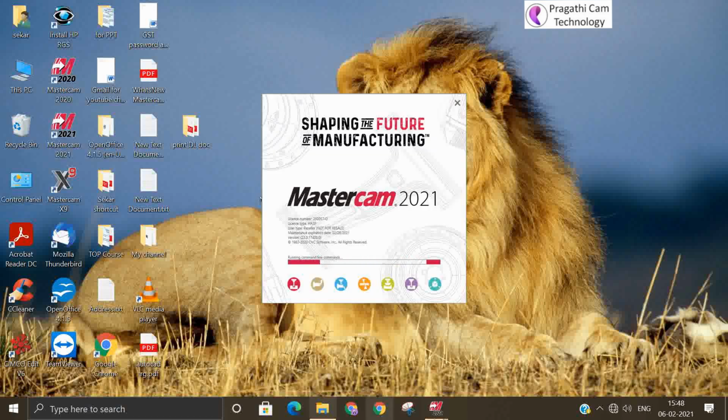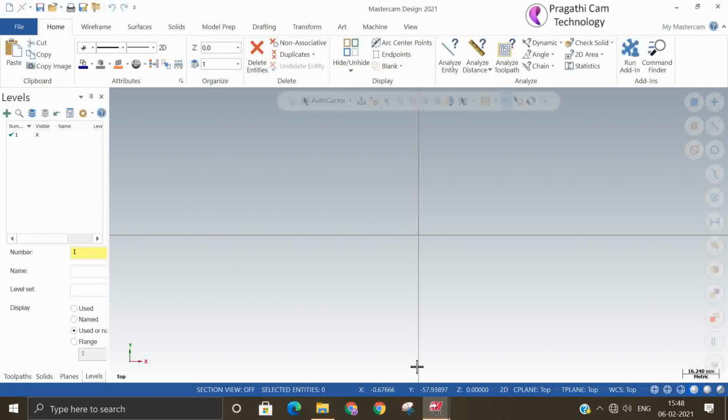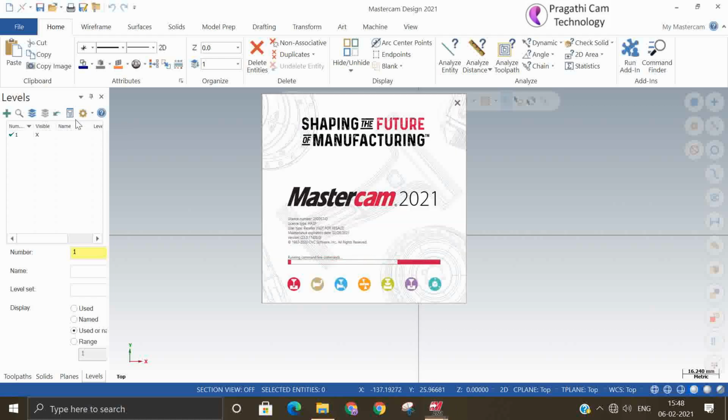So we'll open one more Mastercam here because I need to explain to you how the copy, paste, cut option is useful. This copy paste is similar to how it is used in the Word file and other things. The similar option we are going to use here also.